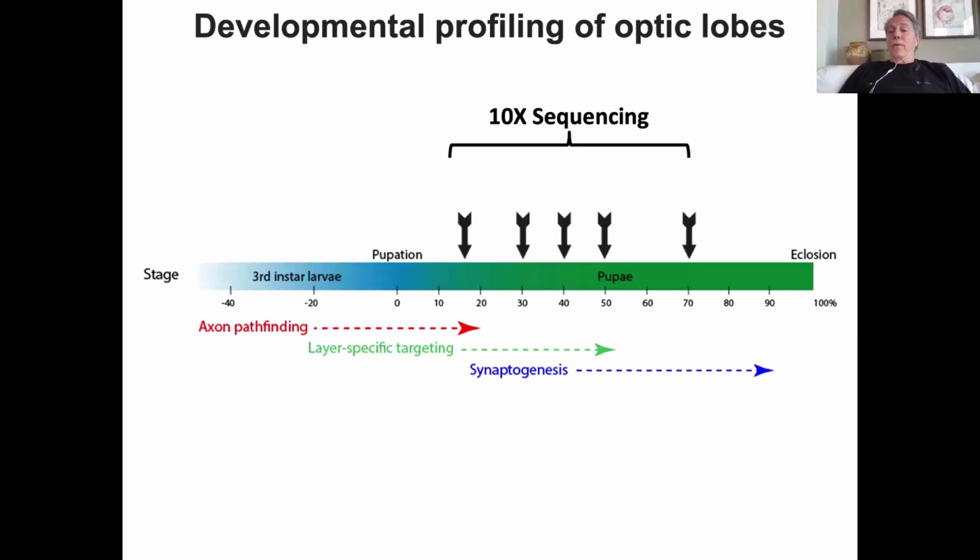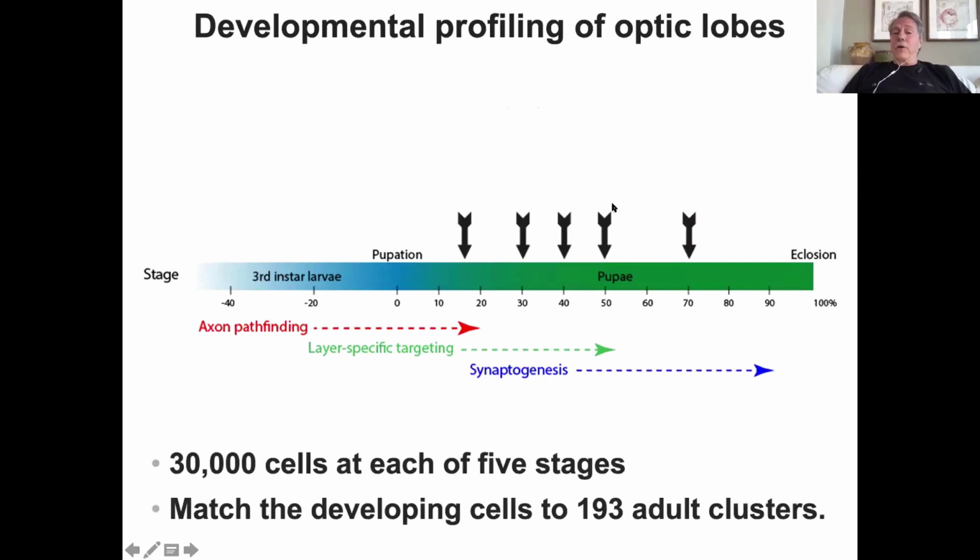But we say, what if we look at our data set in the adult and try to go back earlier and earlier and try to match this time point, for example, with the adult time point, with a premise that at this point here, the neuron expresses a transcriptome which will resemble the transcriptome of the adult, and then we can jump back and forth. Okay, so we can go back from adult to 70, 70 to 50, 50 to 40, 30, and 20.